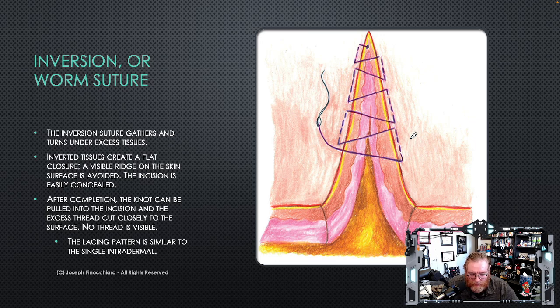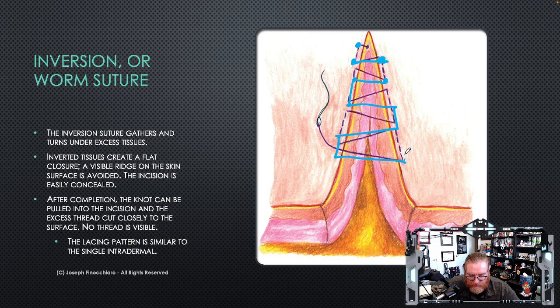So, what is the difference between the two? Well, this is not done from the inside of the incision. It's done on the outside, kind of like a baseball stitch. So what you are doing is you're coming in and out on one side, you then come across, you come in and out on the other side, you come across, in and out on the other side, come across, and you form this pattern on the top of the